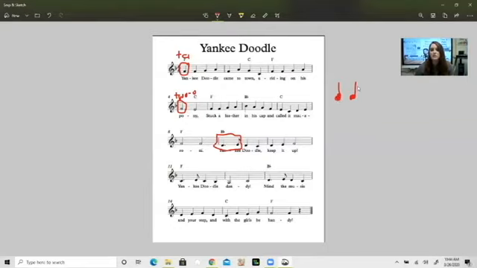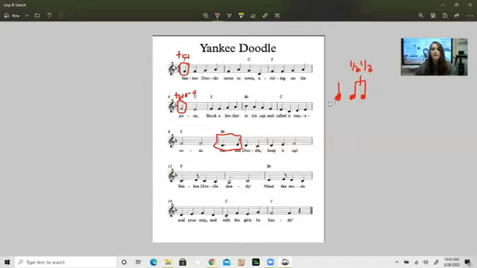Yeah, so what I'm going to do is change that ta into a ti-ti. Now, if you remember, we've talked about this: ti-ti together is worth 1 beat, but if I were to separate them, they're each only worth half a beat apiece. Okay, that's really bad too. Y'all don't laugh at me. Just let it go. So it's half a beat right there.